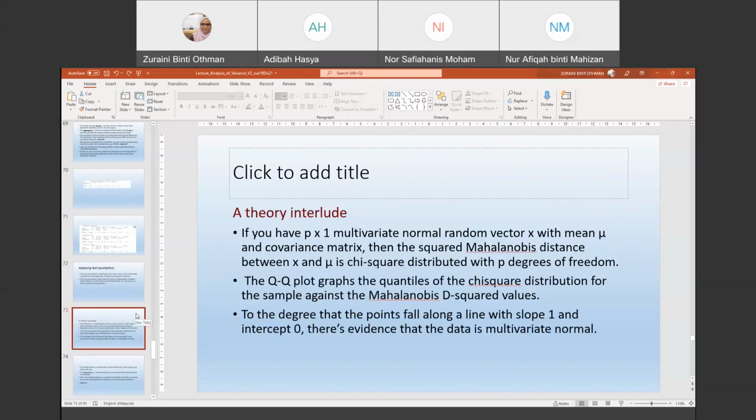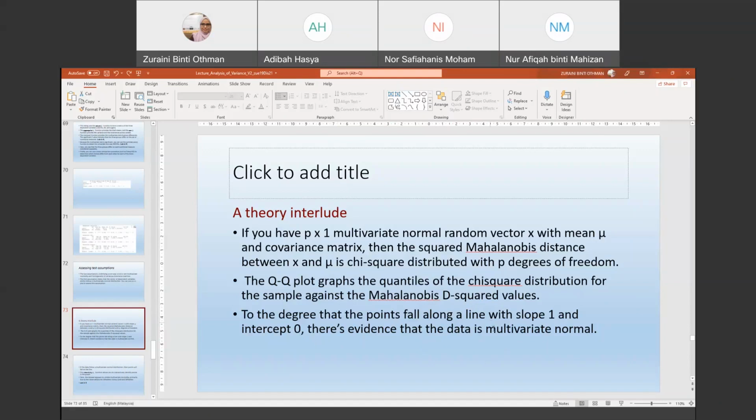Okay, this is the theory. If you have a P times 1 multivariate normal random vector with mean and covariance matrix, then the squared Mahalanobis distance between x and mu is chi-square distributed with P degrees of freedom. Okay, the QQ plot is the quantile of the chi-square distribution for the sample against the Mahalanobis squared value. To the degree that the points fall along a line with slope 1 and intercept 0, there is evidence the